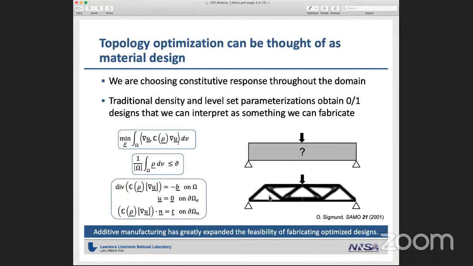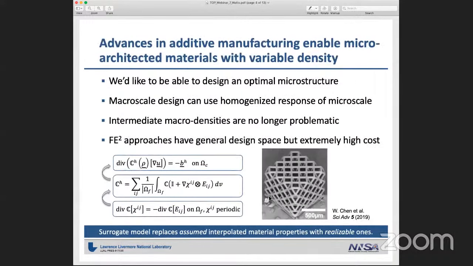More recently, I think the rise of additive manufacturing has expanded the feasibility of producing what I'll call custom or one-off structures, where at least the bumper sticker is that we can print anything we can design, and that's not quite true, but I think we're approaching that. And so there's been a lot of interest in designing topology optimized structures, then additively manufacturing them. And I believe we have some talks later today on that very subject.